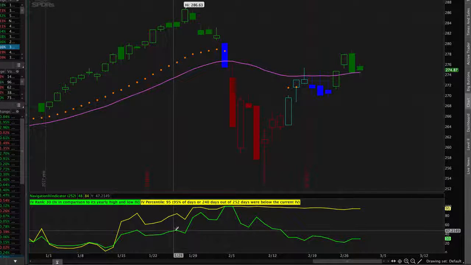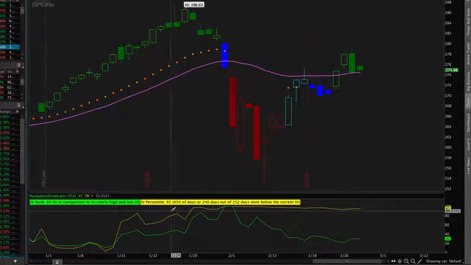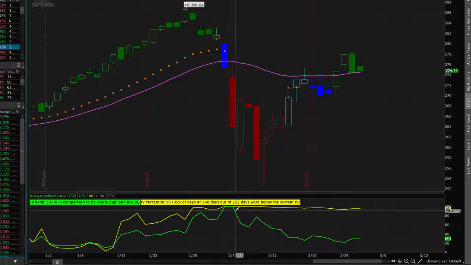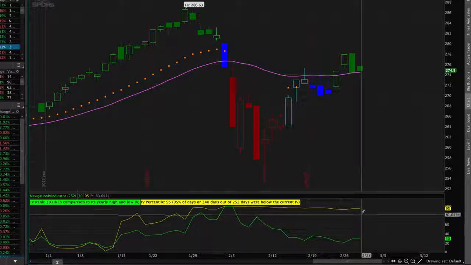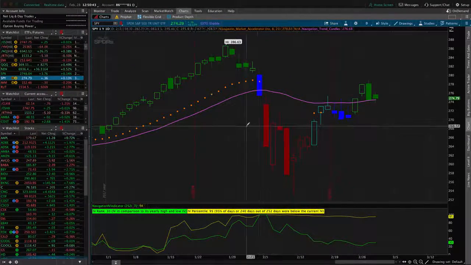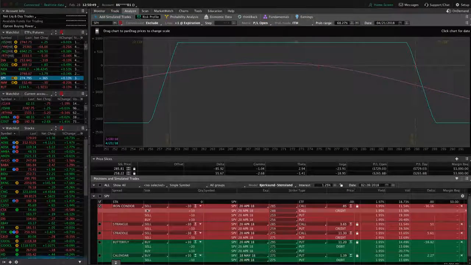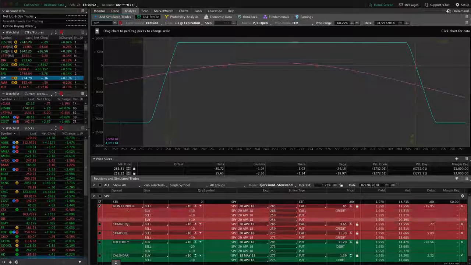So when we say that implied volatility is high, that just means that we want it to be above the 50 level. So you can see there's two different types of implied volatility tracking here. We're looking at the IV rank, which is just the implied volatility in comparison to its yearly high and low. And then what we call the IV percentile, where the percent of days out of the last 252 trading days were below the current implied volatility. So as long as one of these lines is above 50, we consider that high implied volatility. So that's when we know that the pricing of the options is elevated. The options are expensive, and that gives us the ability to put on these iron condors, strangles, straddles,